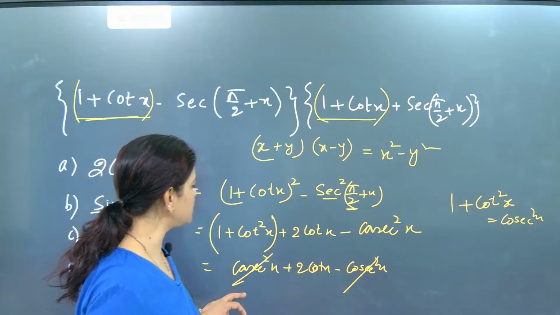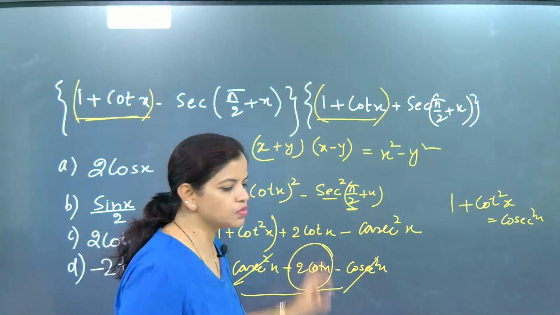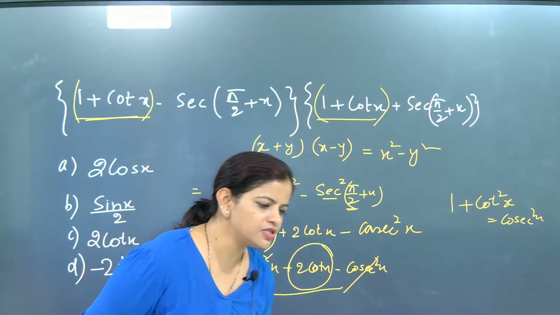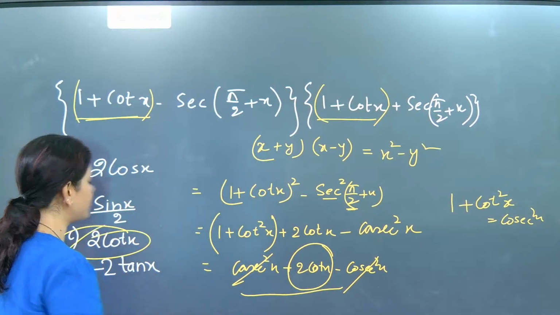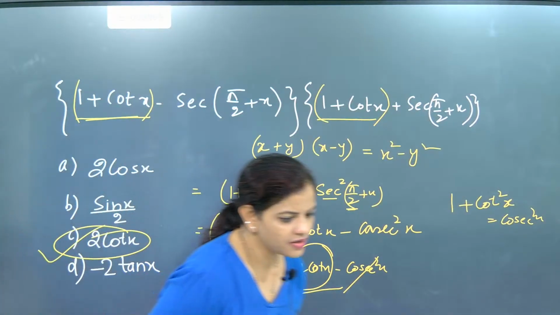So when I am cancelling this one, what is the answer coming? It is 2 cot x. Very good. So here the answer will be coming as 2 cot x. Those who have given C as the answer,